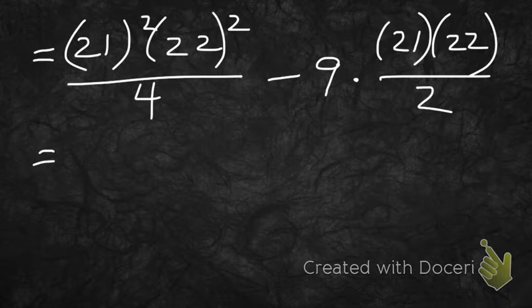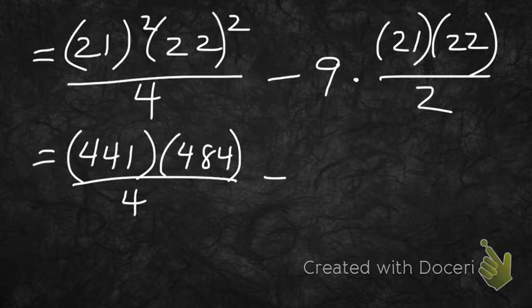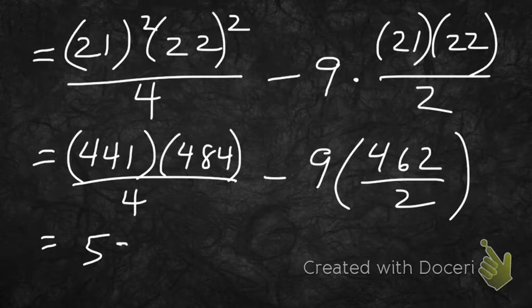So, let's follow the proper order of operations. Parentheses first, nothing but a number. Exponents come next. 441 times 484, all over 4. Then we've got 9 times 462 divided by 2. When we multiply our tops and divide by the number, we've got